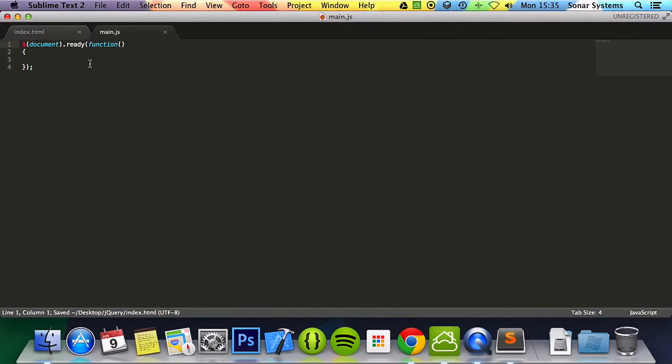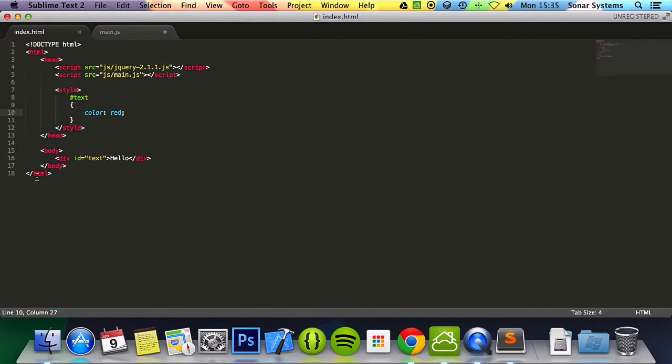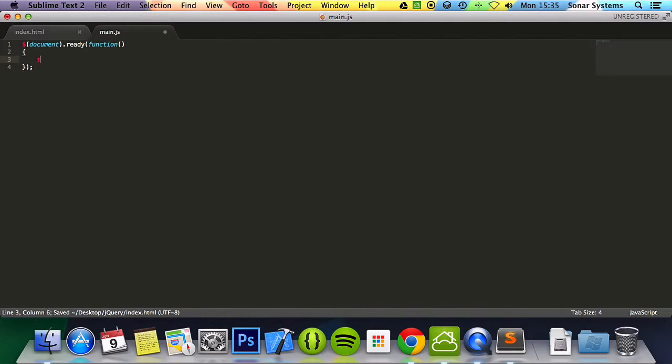Now we just go to our JavaScript file. And in here, actually, no, we also want to add a button as well. So when we click it, we can get this information. So we do button. In here we'll just put the text of button. So in here we'll do $, we'll select the button, dot click, function,